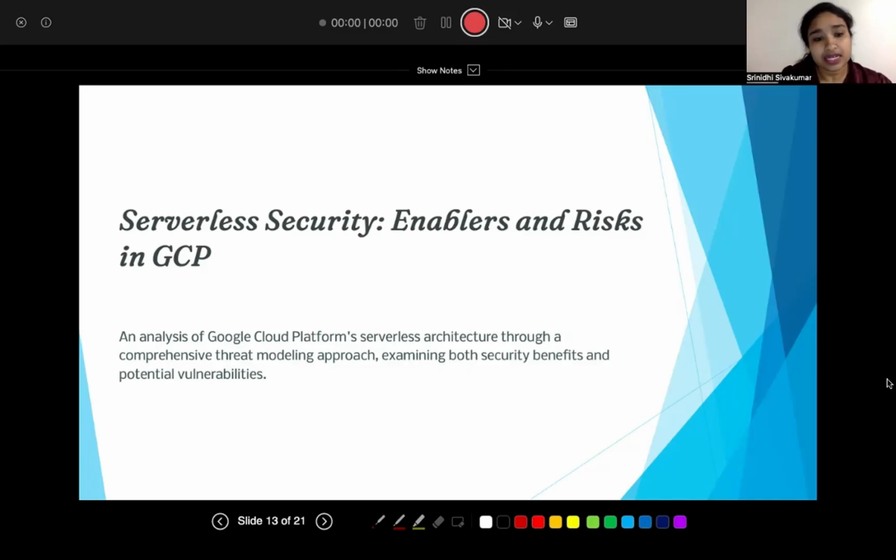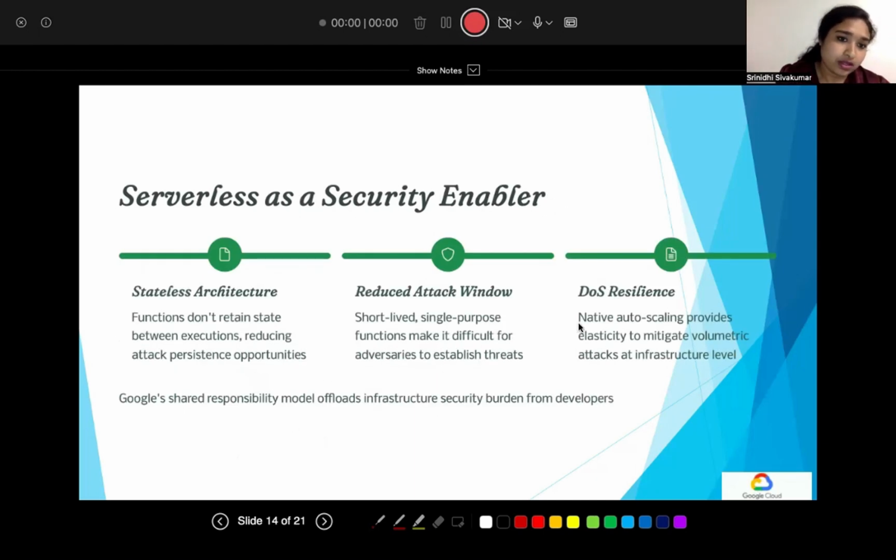I'm going to change to the next slide. Here we conducted a threat modeling exercise specific for GCP serverless applications. We analyzed two main threat categories. One is external attacks like injection via API, and the other is internal attacks such as misuse of IAM roles or